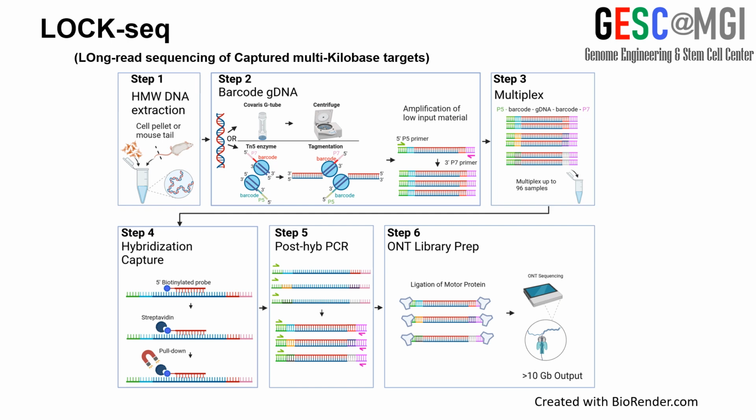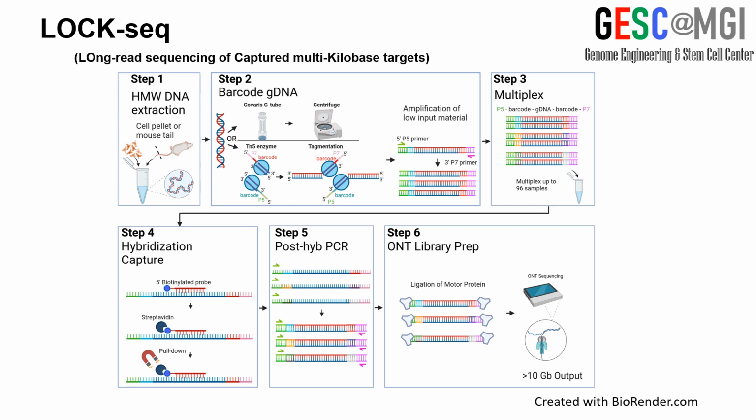Our solution to this is long read sequencing of captured multi-kilobase targets, or LOCK-seq, where we isolate genomic DNA from cell pellets or mouse tissue, and that genomic DNA then goes through either a mechanical fragmentation step using Covaris g-tubes or enzymatic fragmentation using the cut-and-paste transposase Tn5, whereby both fragmentation and the addition of barcodes and universal adapters are done to both ends of the fragmented material. For the genomic DNA that goes through Covaris g-tube, the barcodes and adapters are added using just ligase. And so in the end, you end up with each sample being uniquely barcoded, which facilitates multiplexing